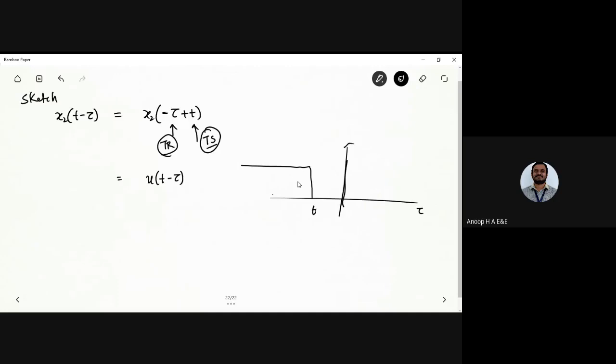Okay, so first you are having the time reversal property being applied. Next you are having the shifted version of it. Okay, so now I have the magnitude that's generally equal to 1 there. So I have x1 of tau and x2 of t minus tau, right? So that's how you can perform it. Okay, so these were the two signals that I have sketched here. First I performed the time reversal and next I performed time shifting.